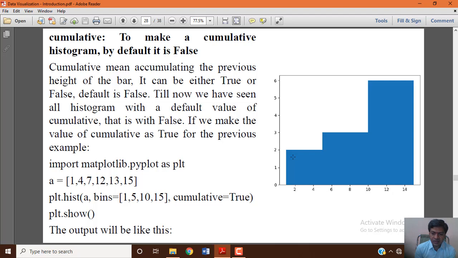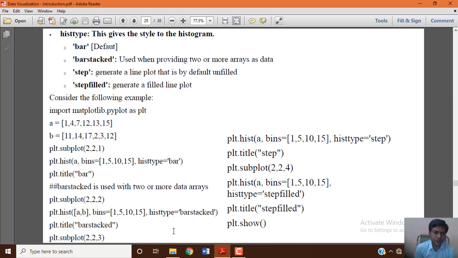Cumulative true means the height of each bar steps up in increasing manner, for the second bar and third bar. When you specify cumulative true, 3 different heights of your bars are displayed.